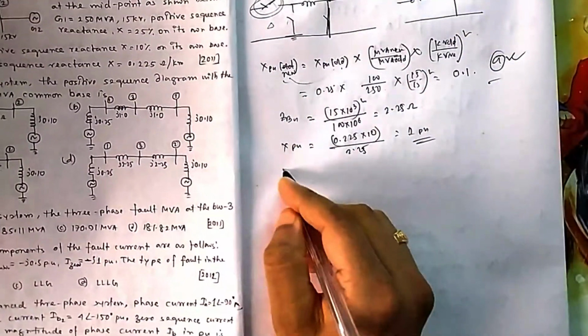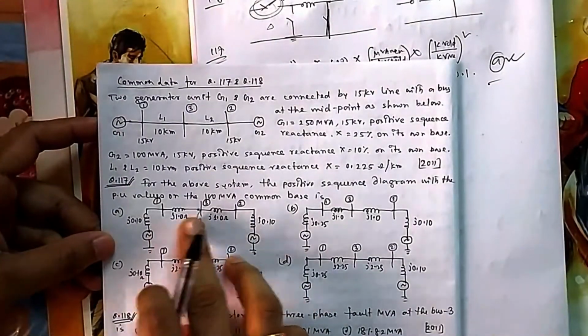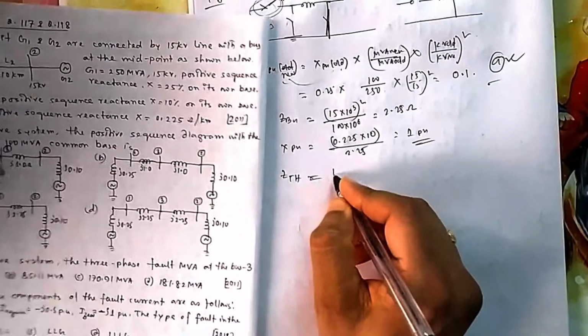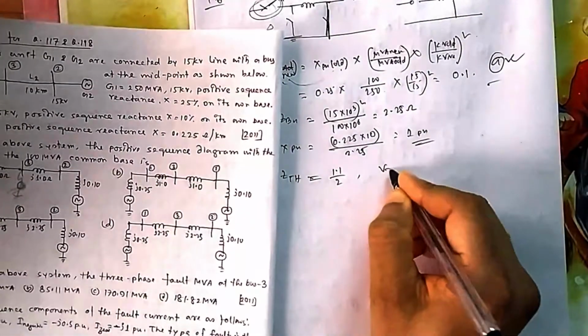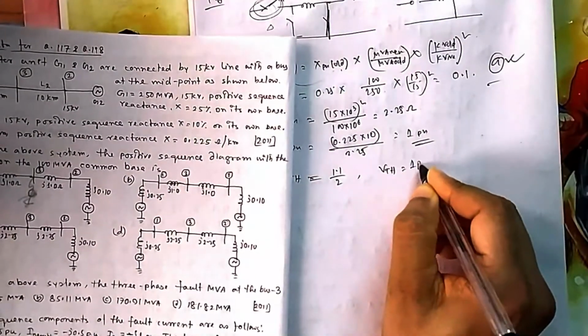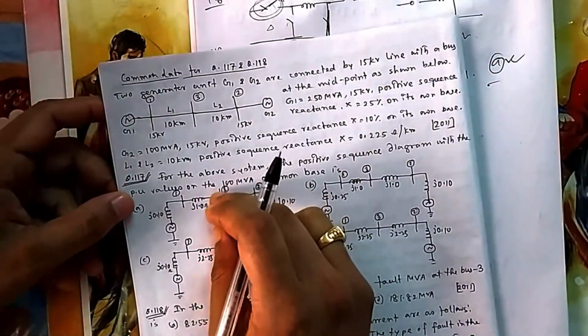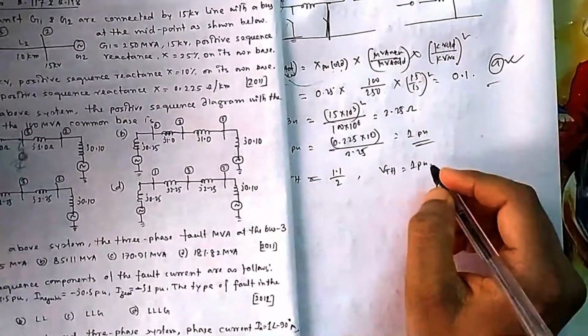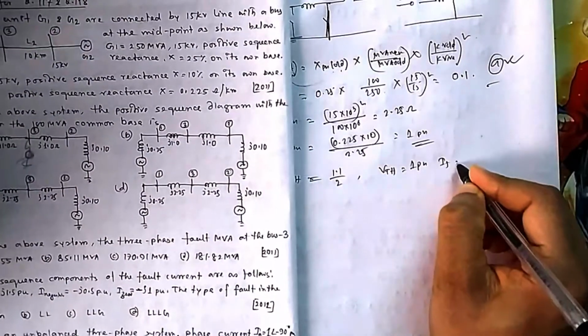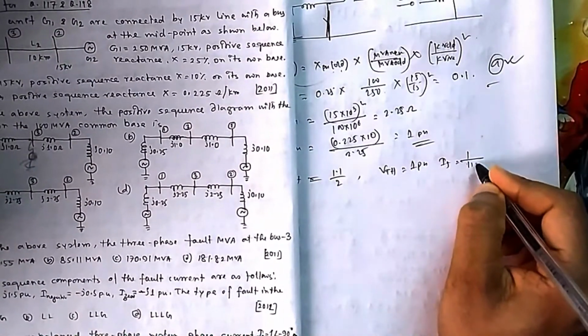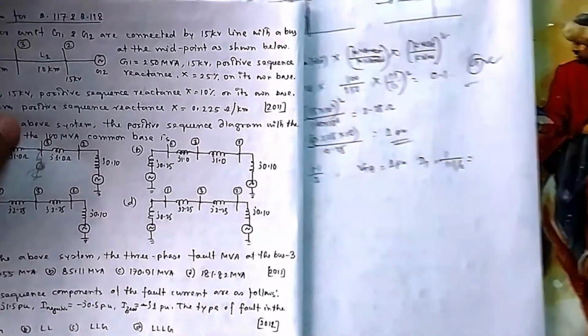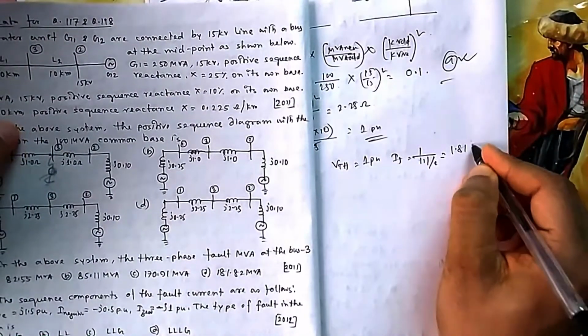Then from that you connect that load and see how much current is going, like your Thevenin's theorem only. So what is the impedance it will see? Your ZTH will look like this from here. This side is parallel, so it will be 1.1, 1.1, so 1.1 by 2. And VTH is always 1, because pre-fault voltage you always assume all the bus voltages are 1. So your current will be equal to 1 by 1.1 divided by 2, which comes to 1.818.